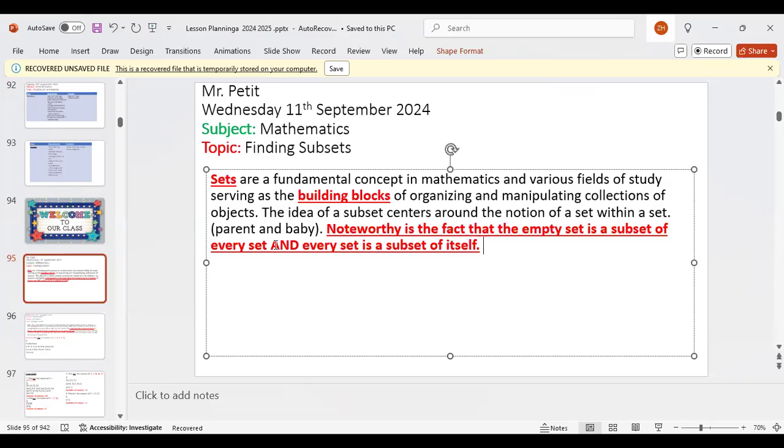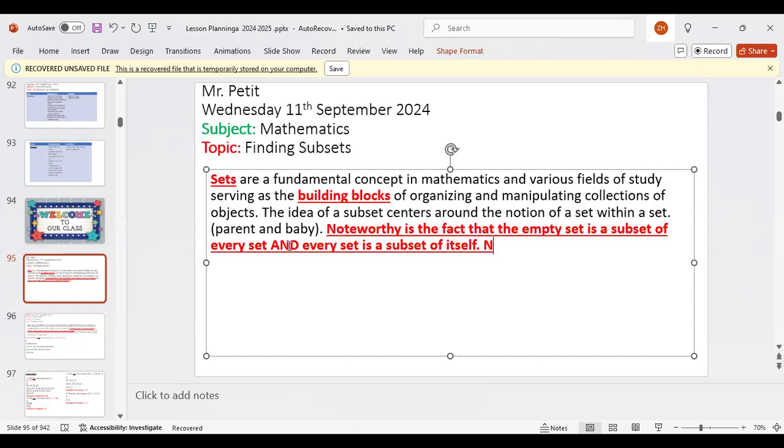So that means that when we're listing the subsets of these sets, we're always going to include the empty set, and we're always going to include the set itself, because the empty set is a subset of every set, and number two, every set is a subset of itself. So that's what you need to remember.